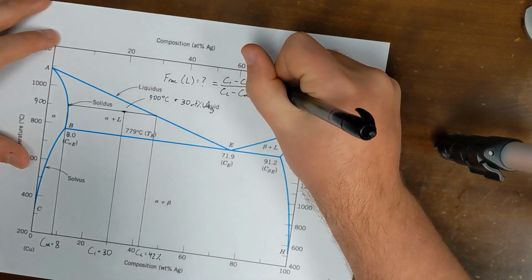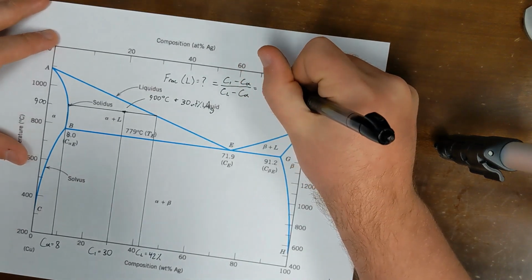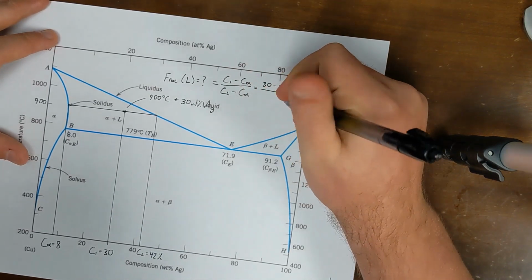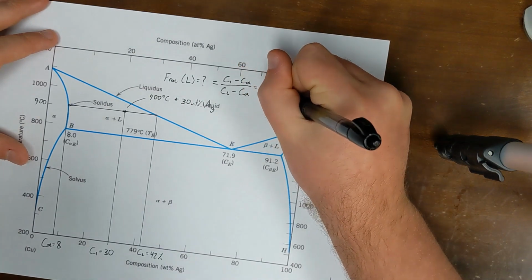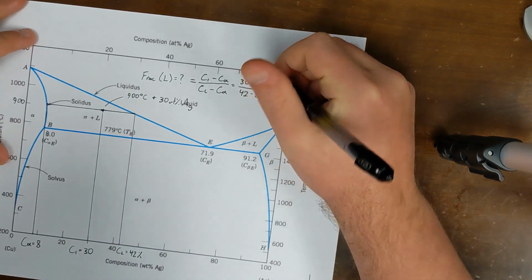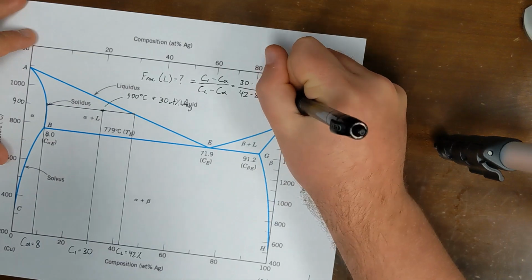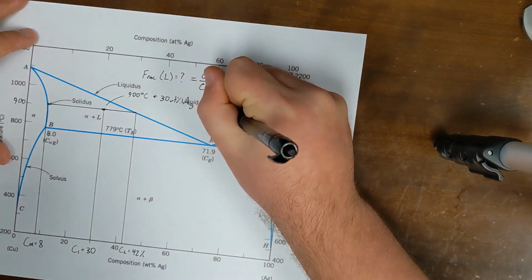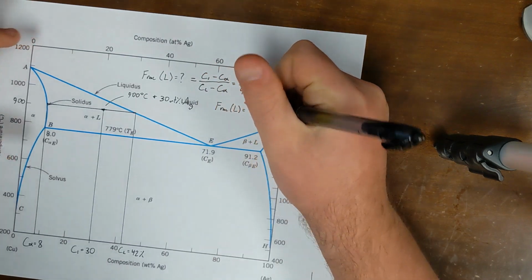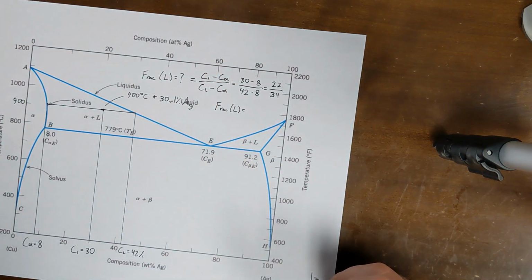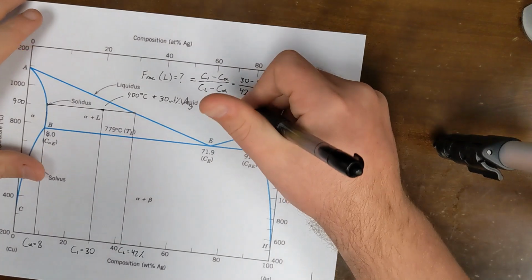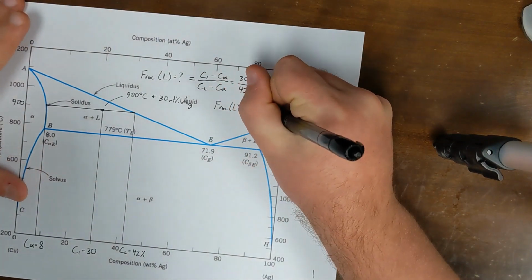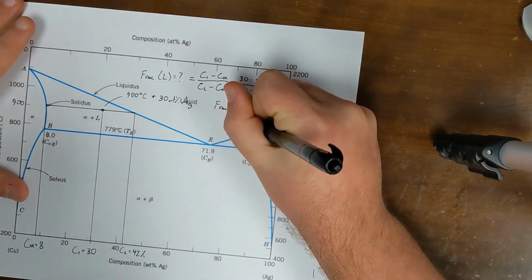So this becomes 30 minus 8 divided by 42 minus 8. This becomes 22 over 34. So our fraction of liquid is 22 over 34. It is about 0.65, or 65%